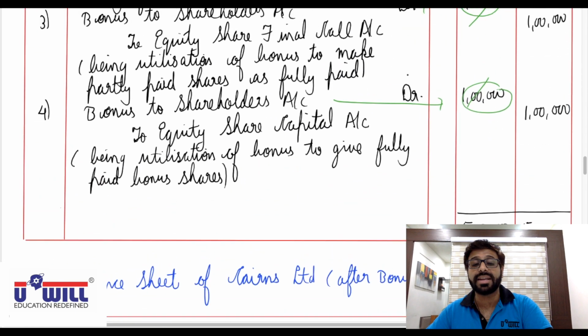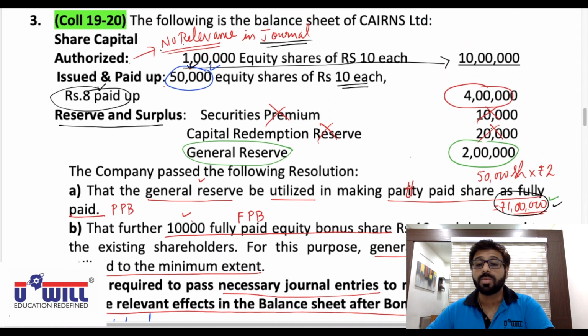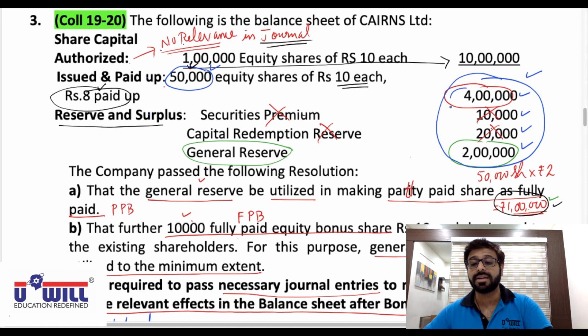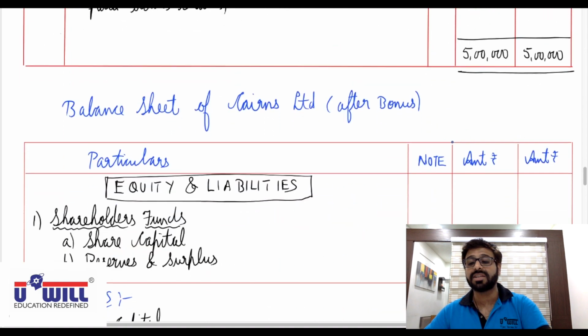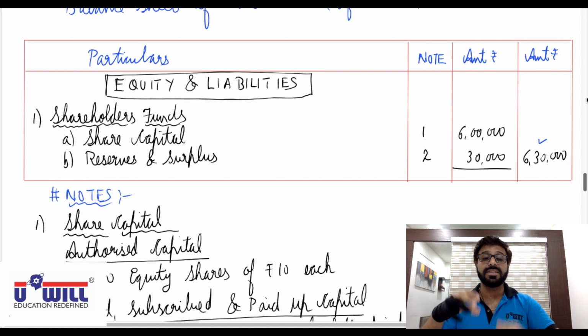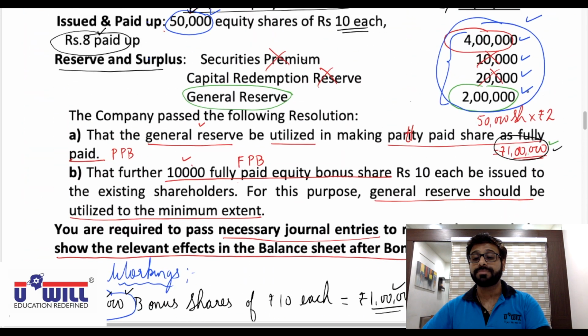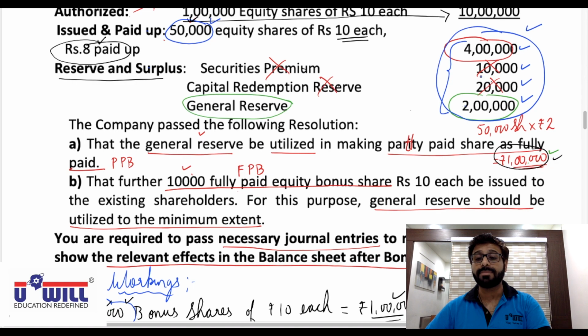What was the total share capital and reserves before the bonus? Check this amount. 4 lakh plus 10,000, 4 lakh 10 plus 20,000, 4 lakh 30 plus 2 lakh, 6 lakh 30,000. What was the total shareholders' funds, share capital plus reserves, before the bonus? 6,30,000. What are the shareholders' funds after the bonus? 6,30,000. Total amount remains same only. You are just transferring the money from one pocket to another. From reserves, which were 2,30,000, 2 lakh plus 20 plus 30,